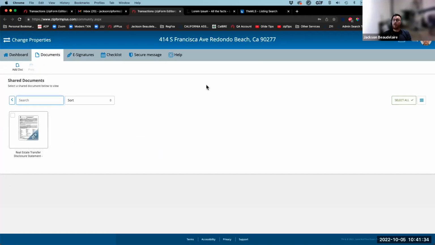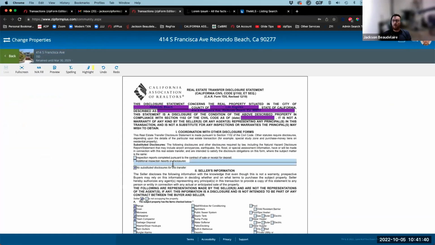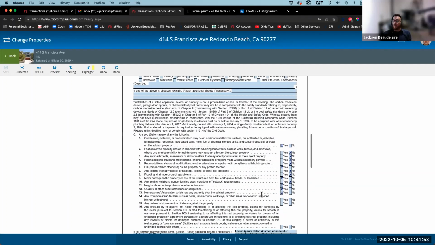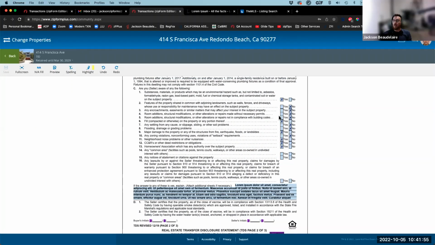So for this property on Francisca in Redondo Beach, if I open up that TDS form, we can see that all of these checkboxes, and we're in a different transaction now. This is a listing transaction. My client was able to fill out their portion of it, and maybe they checked a couple of yeses, and